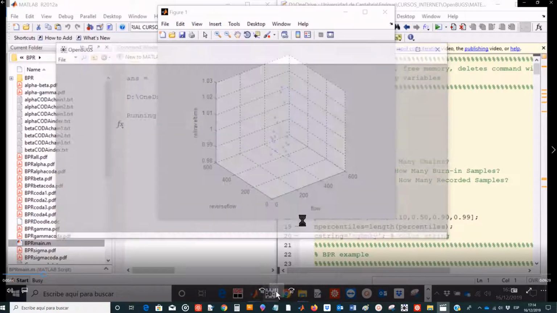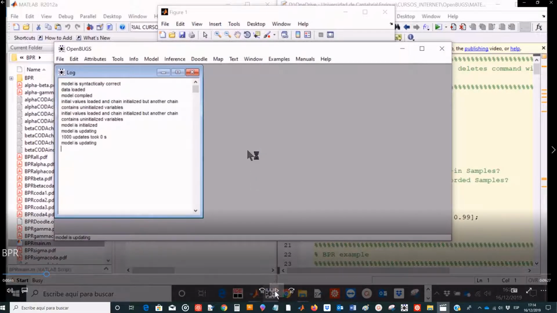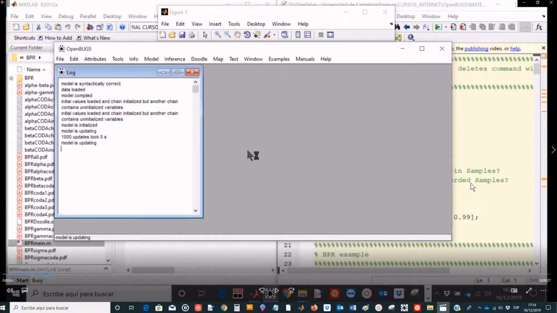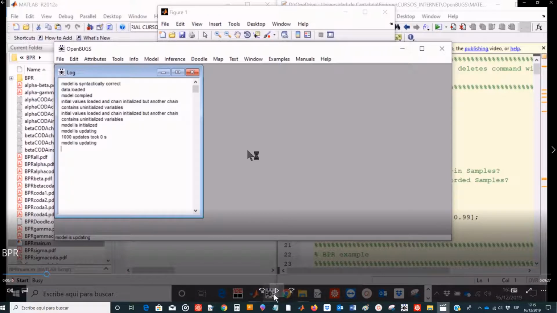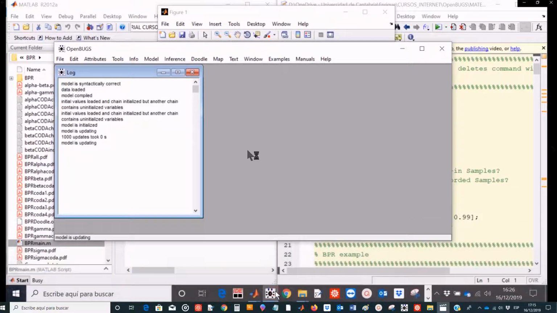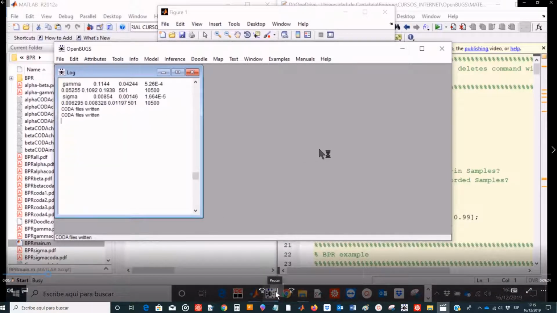And then immediately OpenBUGS executes, and you see how the MATLAB program is able to call OpenBUGS, and the script is used to execute OpenBUGS. And then we can execute this very fast. It takes only a few seconds.